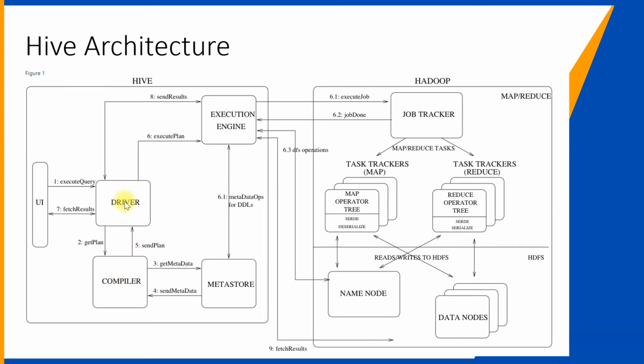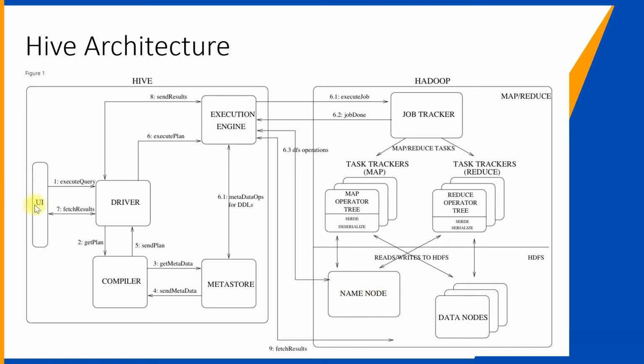Once the driver has the plan information from the compiler, the execution is then sent to an execution engine. This is also called the Hive execution engine. It can be running on MapReduce or Tez, right? So these are the execution engines. What the execution engine does is it takes the execute plan and passes the control to the job tracker. So the job tracker is what will internally work with the Hadoop environment, right? It basically spins up the map and reduce tasks. So that will internally work with the name node and data nodes.